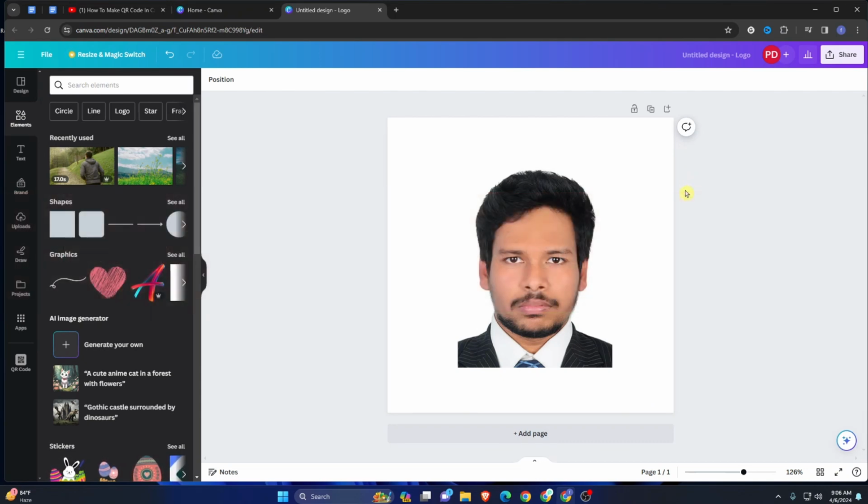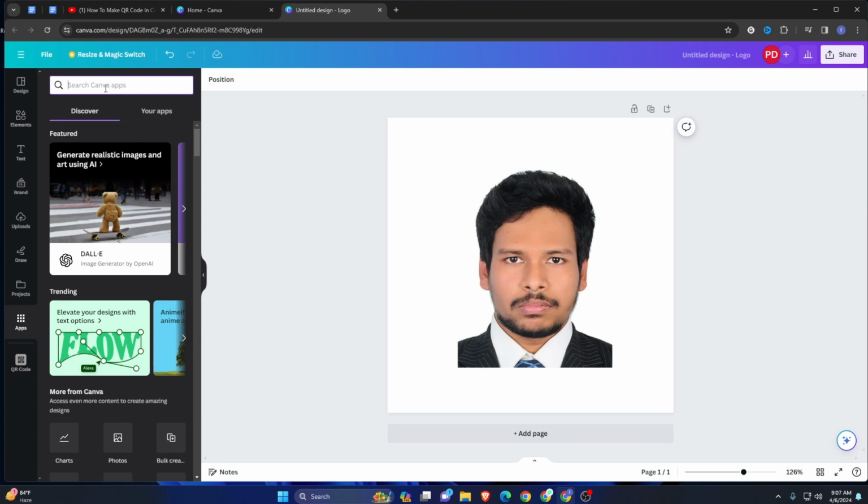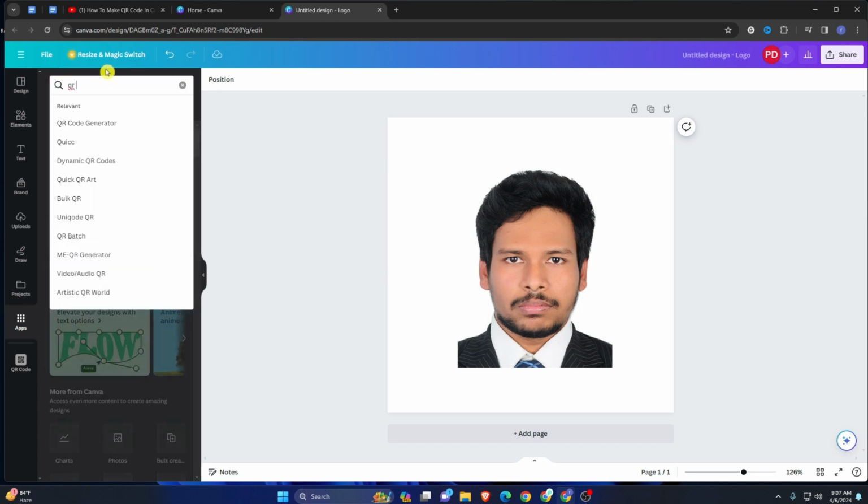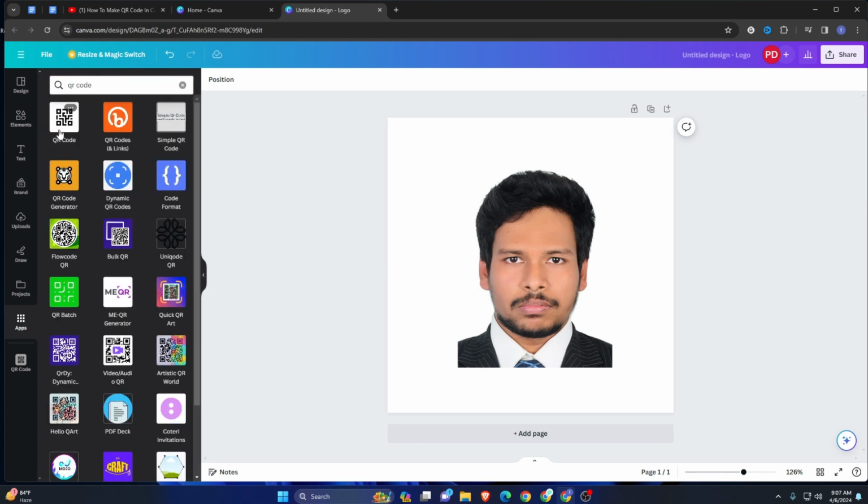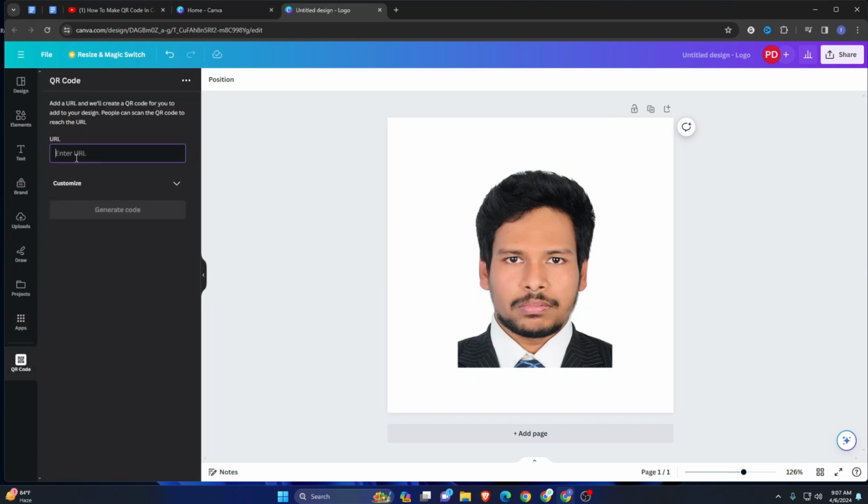Today I am gonna show you how you can make a QR code in Canva. Once you have opened your Canva project, then on the left panel here you can see apps. Just go to the apps and click on this. Now on the search bar here, search for QR code, and this is the app we are gonna use. Just click on this. Now here, enter your URL link,